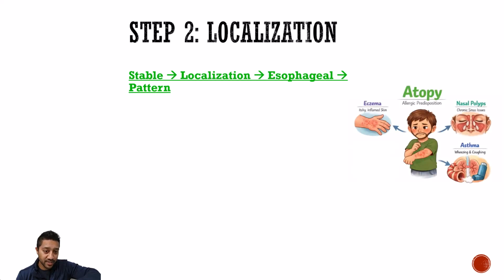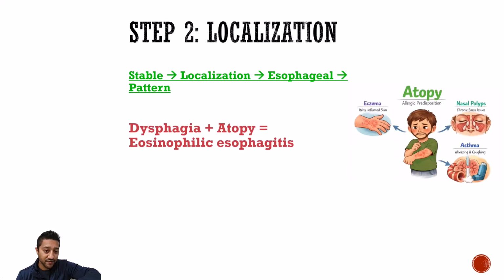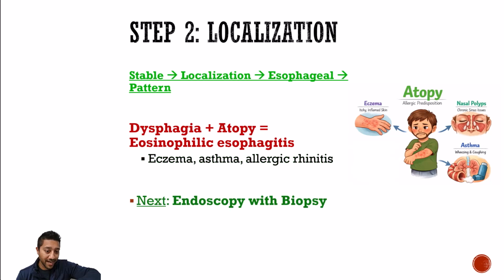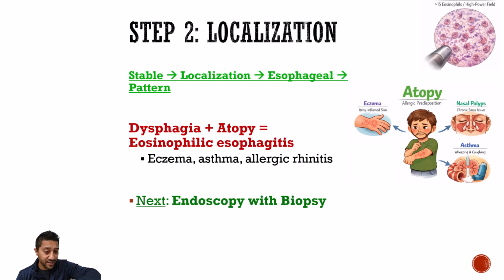Then you should immediately think that this patient has eosinophilic esophagitis. Often these question stems will have patients with a history of nasal polyps, eczema, or asthma as a way to cue you into the disease. Now, in these situations, the next step again is going to be endoscopy with biopsy, which will help to confirm your diagnosis. Remember that we're looking for that classic eosinophilic infiltration within that biopsy, which is absolutely required for you